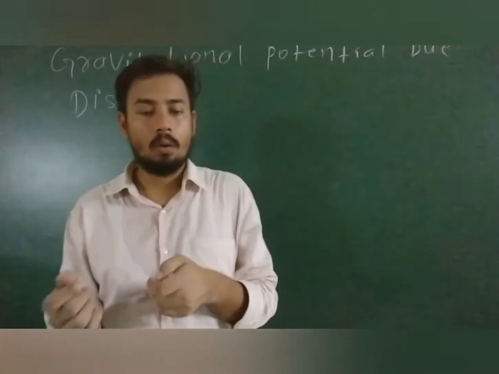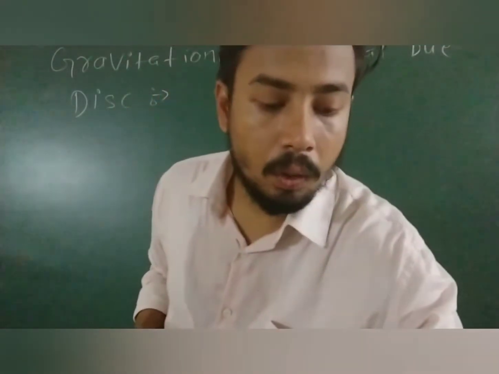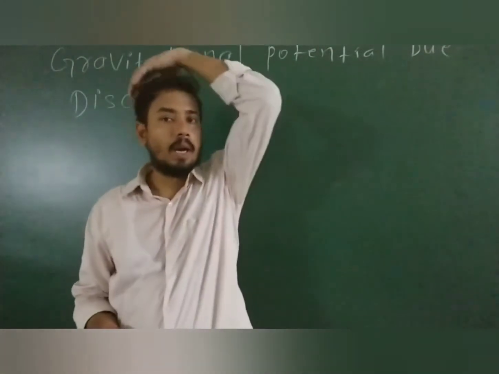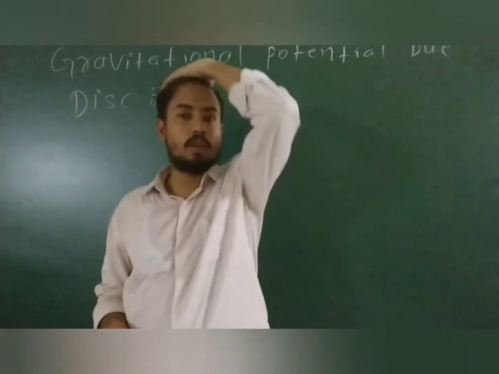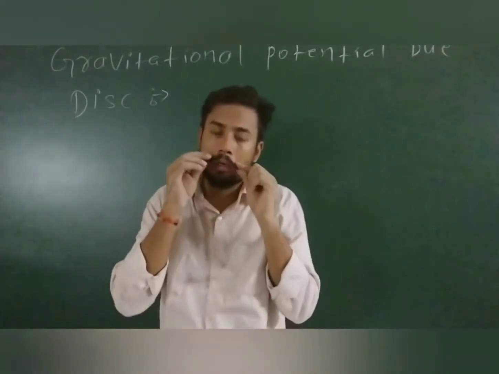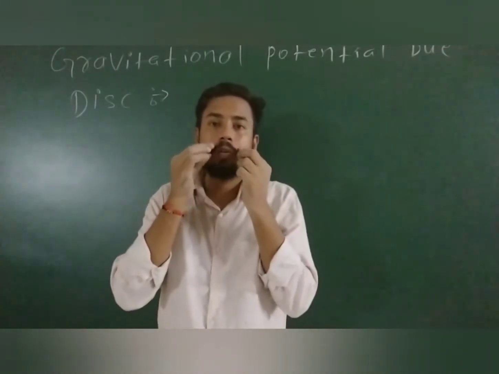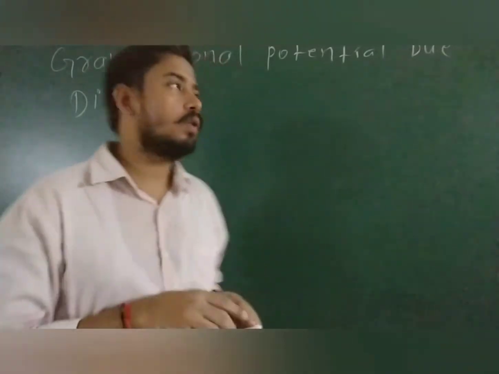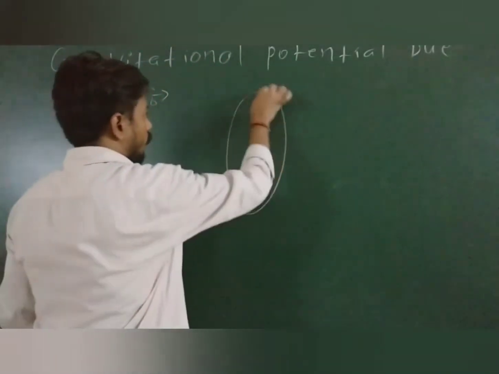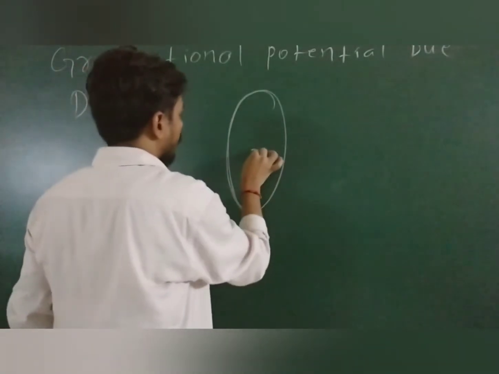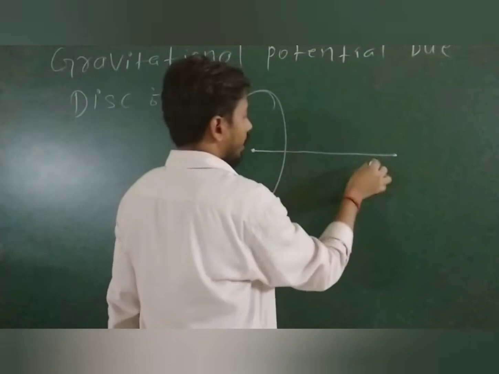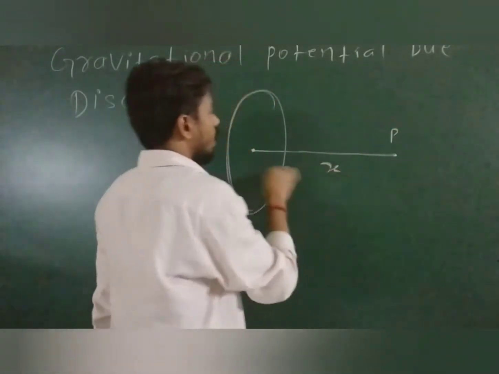Okay. So right now we are going to study gravitational potential. We have learned how to find gravitational potential due to a ring, due to a hollow sphere, due to a solid sphere. Now we are going to learn how to find the gravitational potential due to a disk. Suppose this is a disk, and due to this disk at the point P, at distance x, we have